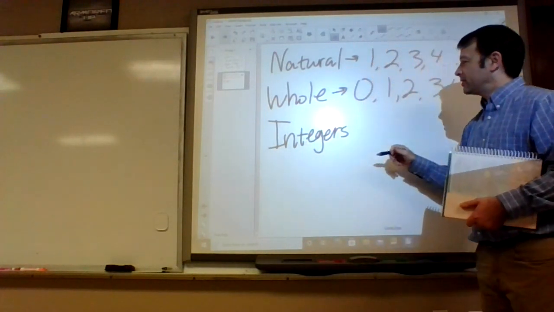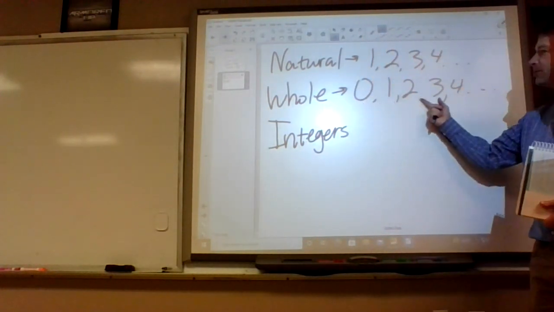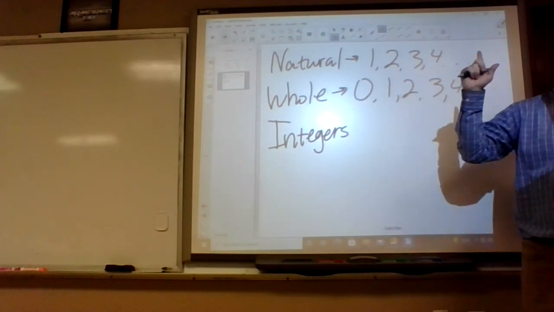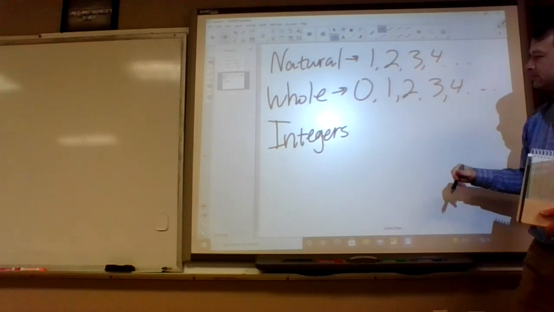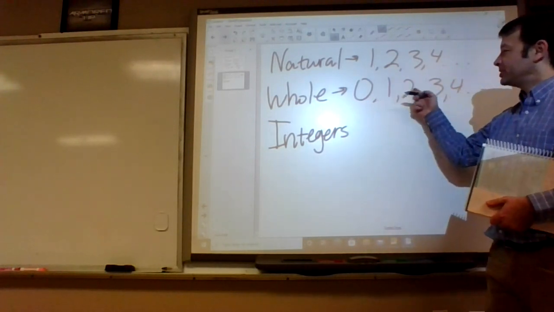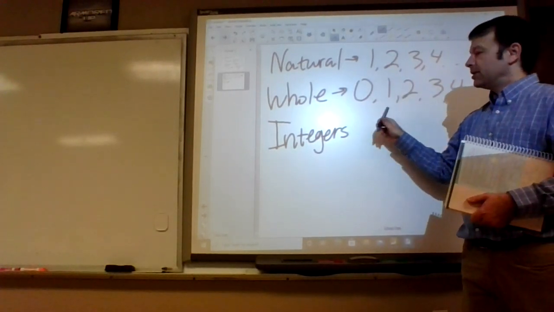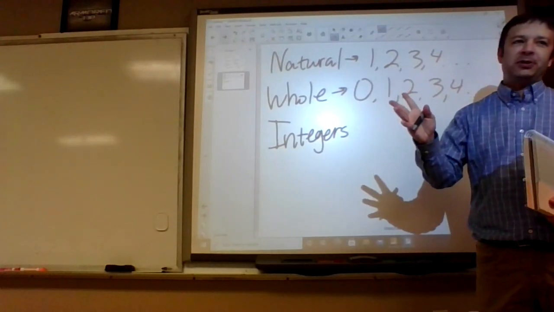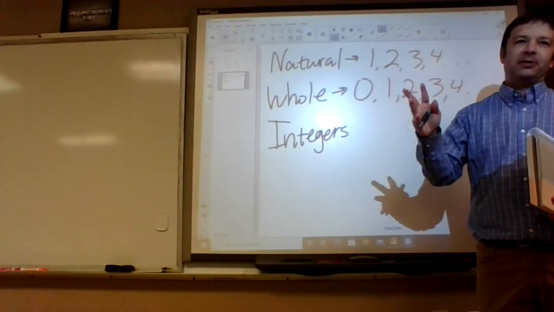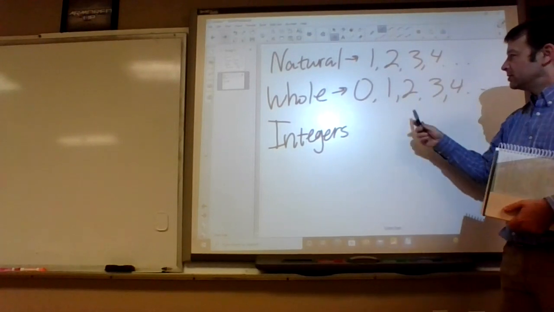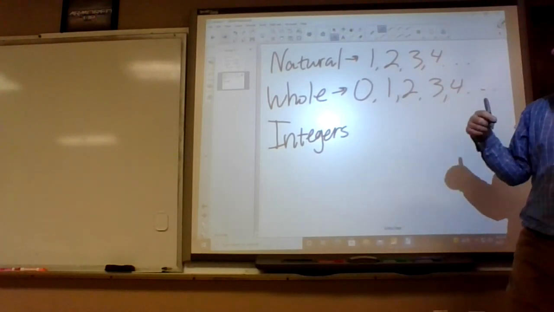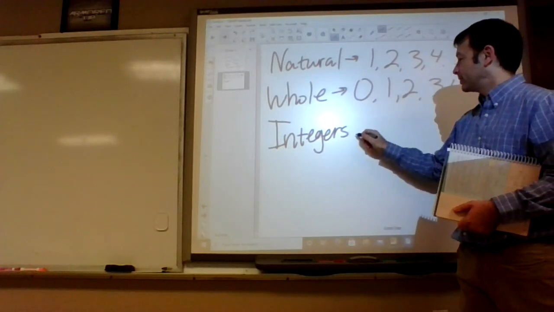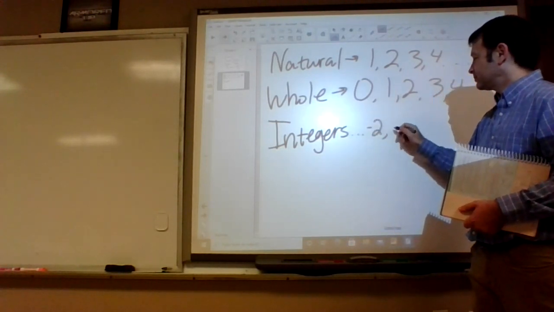And then integers. One way you can say it is the whole numbers and all their opposites. What's the opposite of 0? 0. Opposite just means negative, right? So if you say negative numbers, that's not right. Why is that wrong? It's not only negatives, positive, and also negatives could be like fractions and decimals. So anyway.